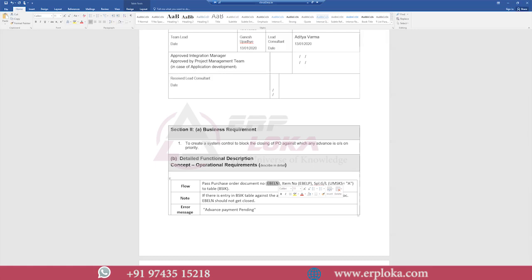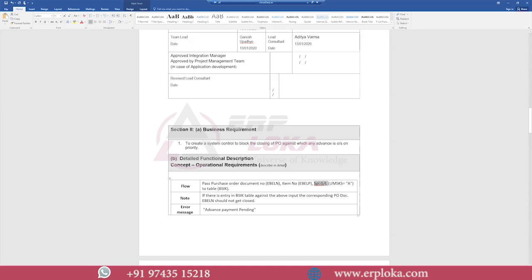If he wants to buy something like raw material, for that material he may ask the advance payment. That is the reason we are taking the item number also. And we are going to take the special GL, which is the advance payment indicator. Then I'm going to pass these three pieces of information: purchase order document number, item number, and the special GL